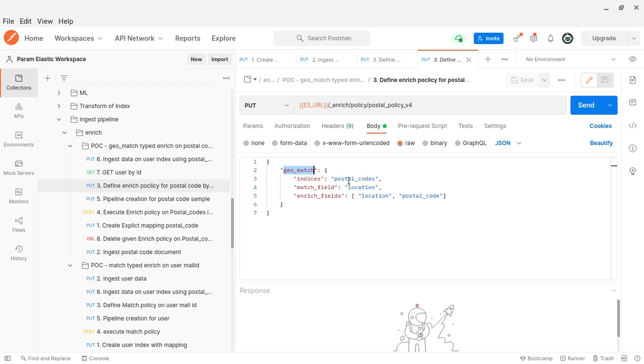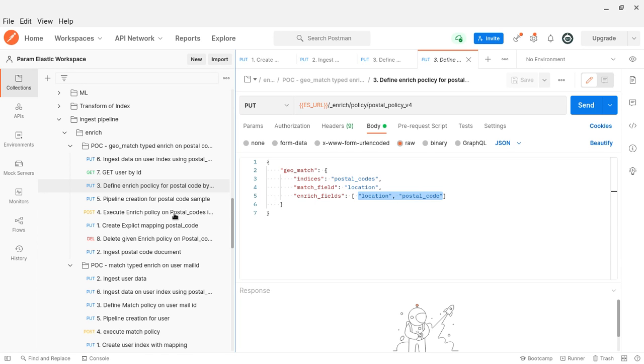Here obviously we will say the source index and the match field, kind of a foreign key in both. The foreign key in the reference table is going to match, and these are the fields that will be added from the reference index, that means the source index, to the incoming document. This is a kind of enrichment, a lookup. Instead of saying enrich, the right word would be lookup and populate these values.